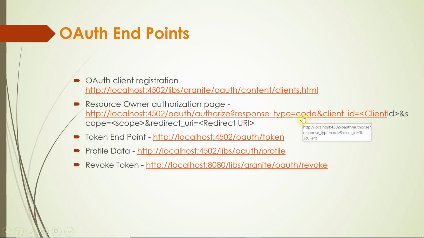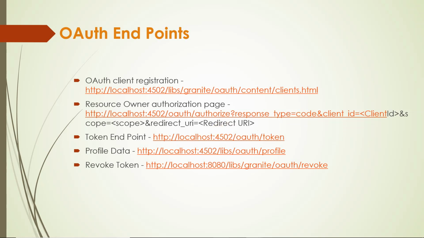With that code, I will be performing further operations like access token and protected resource access through curl commands. But in a real scenario, this redirect URI should point to a real application running somewhere. That application is the client application. It is going to get the code in the return URL, and using that code, it can perform the further operations.